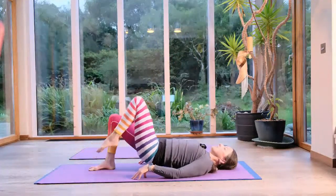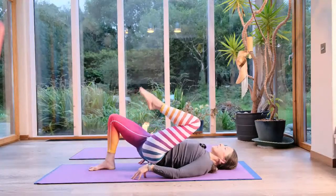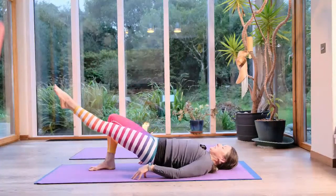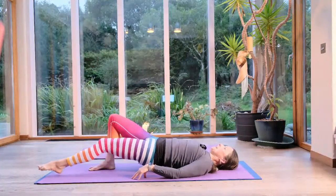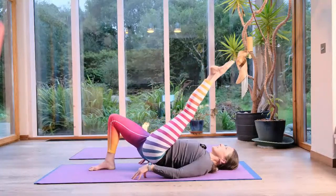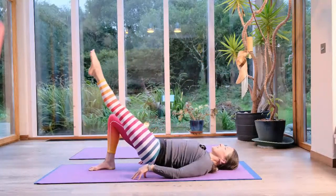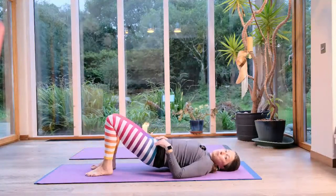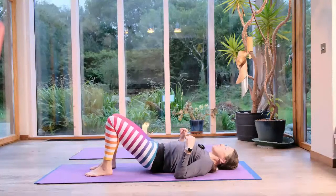Bend your left knee, draw it up towards you. Stretch it out, lowering it down. Bend your knee, draw your knee up towards you. Stretch it out and lowering it down. How wonderful. Nice. Bend your knee, keep your bum floating in the air, and then just roll up and down